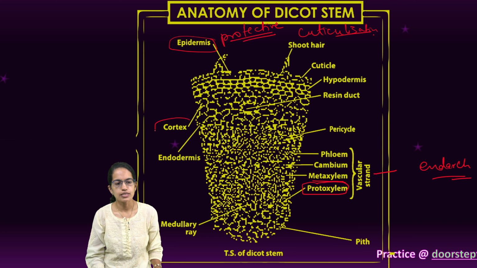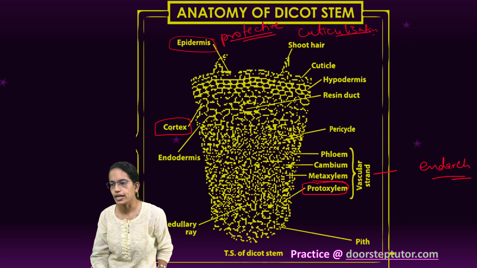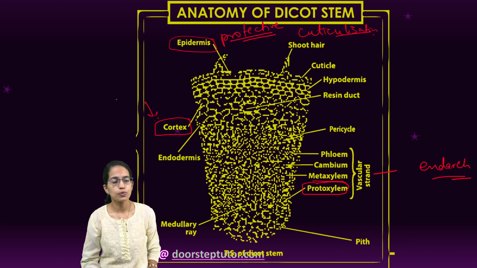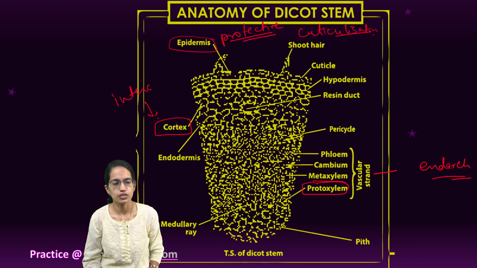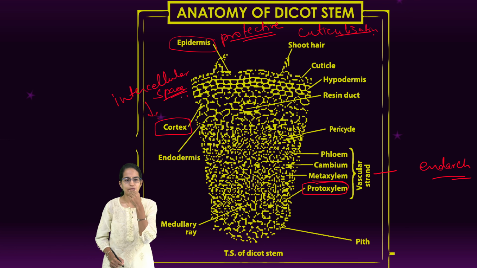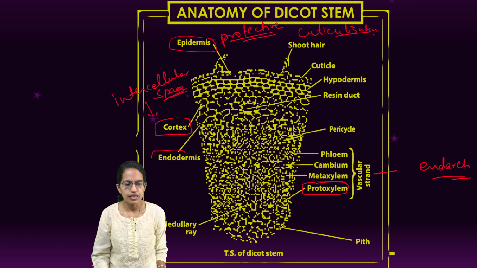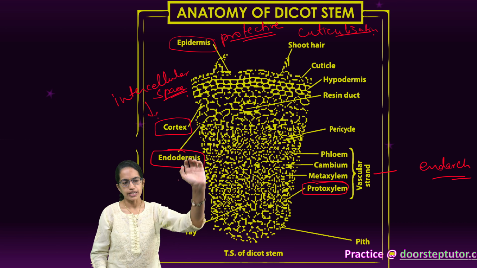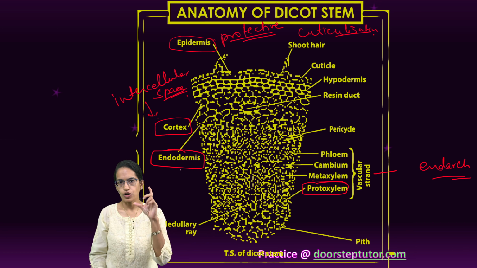Next to it is the cortex. Now cortex is made of thin-walled parenchyma cells, and similar to the dicot root, it does have intercellular space. So cortex does have intercellular space. Next to it, we have a layer of endodermis. Endodermis is the innermost boundary of the cortex, and it is made up of barrel-shaped cells,